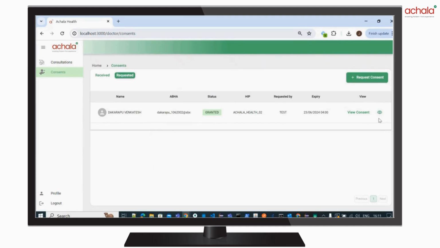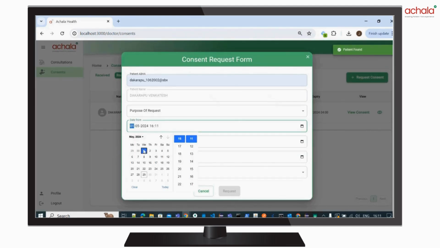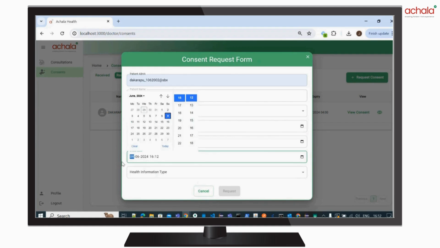Now, let's close this consent toggle. Let's raise another consent for additional health information types. I will repeat the same process. I will set some random from and to dates and the expiry date.